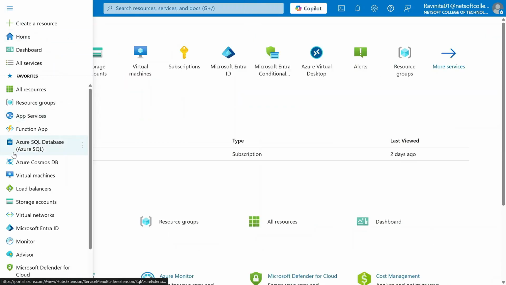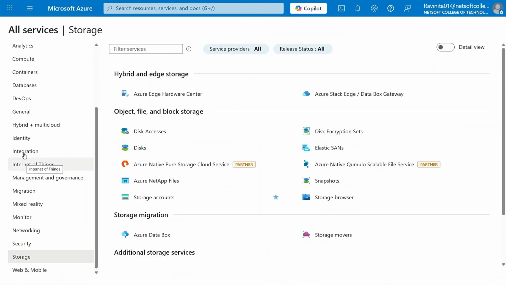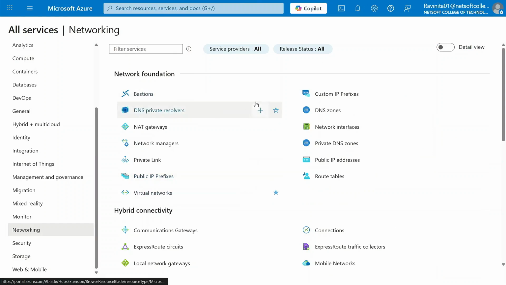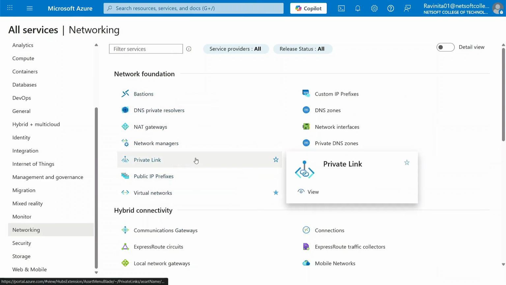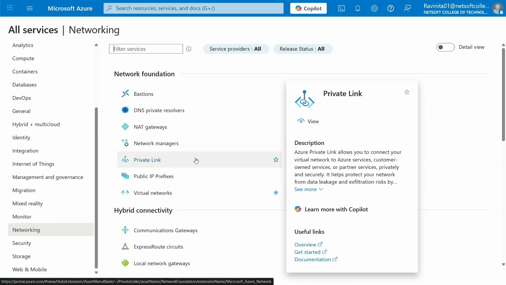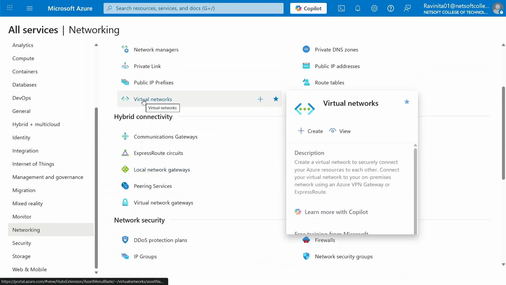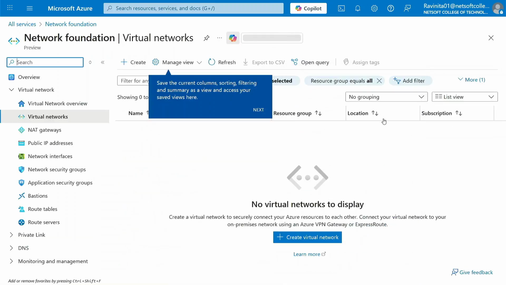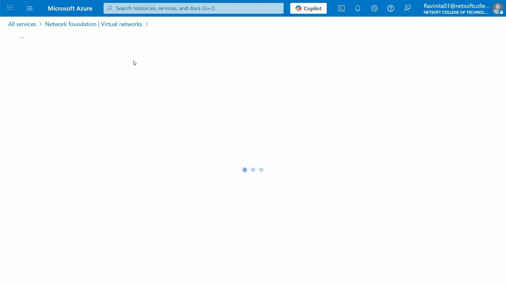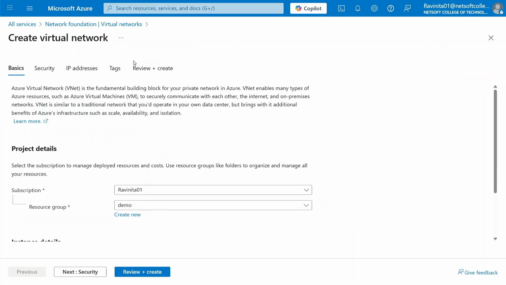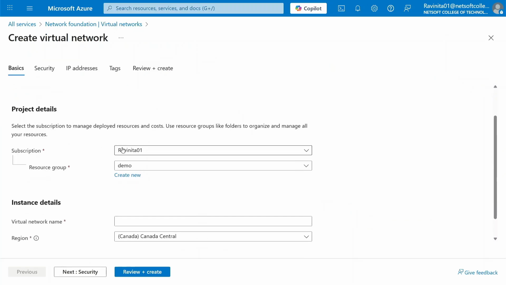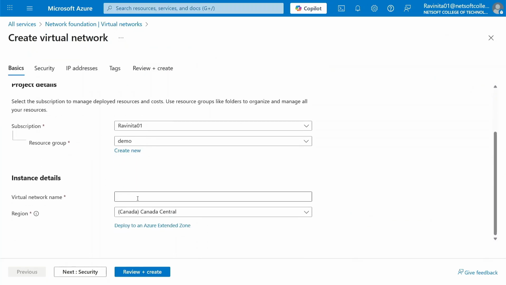Let's move to networking. If you go to networking here, these are all the features tailored toward network infrastructure. The most common one is, of course, creating a virtual network first. So this is where you create a network. It's pretty fast. Creating infrastructure in Azure is super fast. So click on Create, decide your subscription, select your resource group, give your network a name, let's say Demo